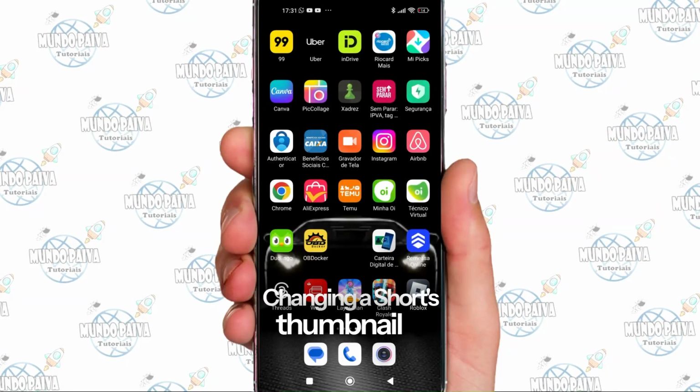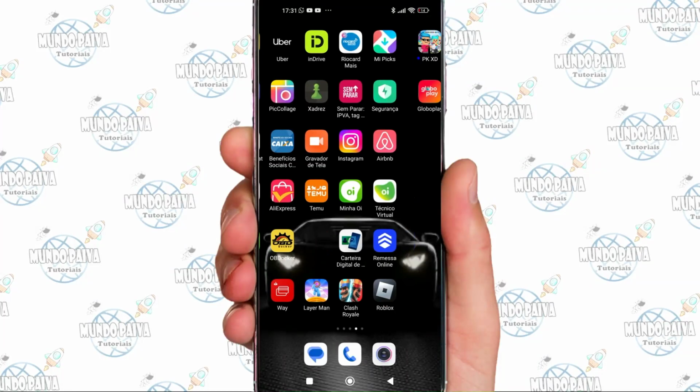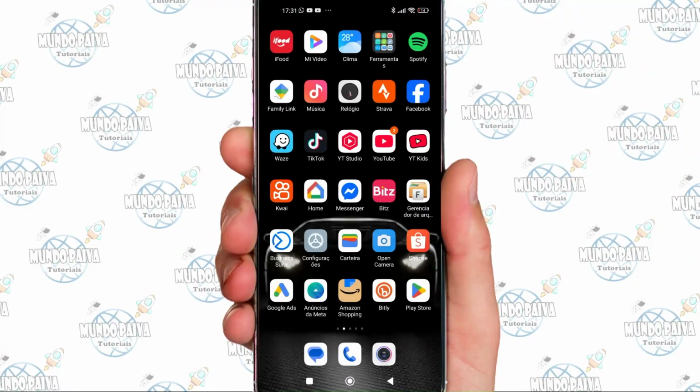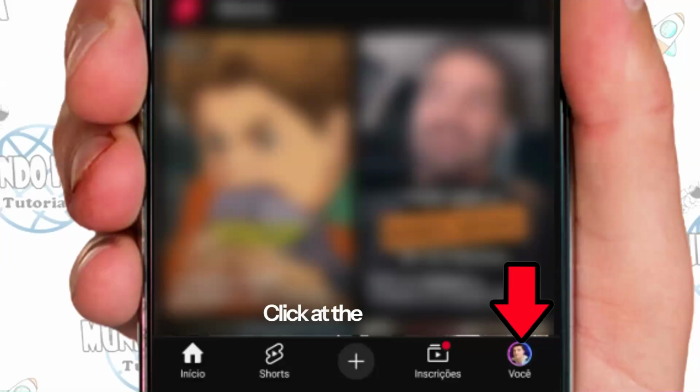Changing a Shorts thumbnail is different. Many try on computer and fail. Others try via YouTube Studio and can't do it. Folks, it's completely different. Click on YouTube app, not YouTube Studio. It's the YouTube app. Click at the bottom,